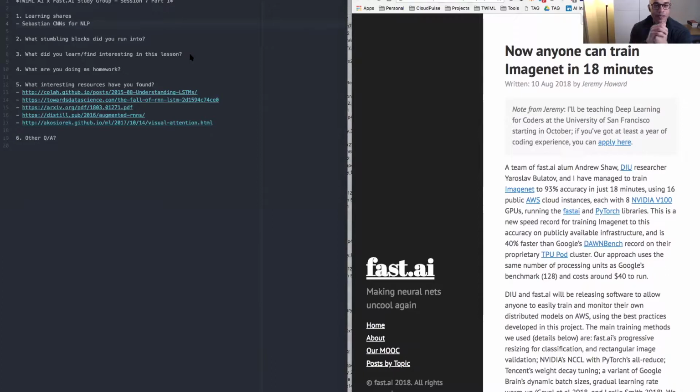Cool. So how was lesson 7 so far? Definitely not going to be the last time I have to look into RNNs. Well, it may be the last time you have to look into RNNs because it's starting to look like we're going back to CNNs for a lot of this stuff. Yeah, at least in the course, yeah.